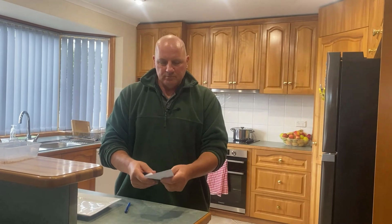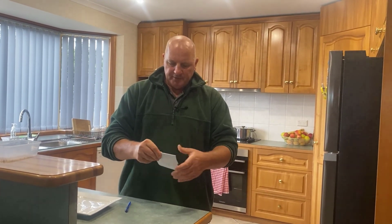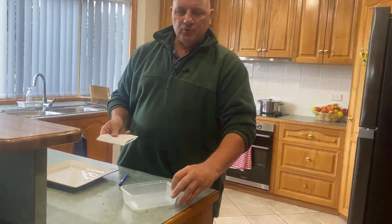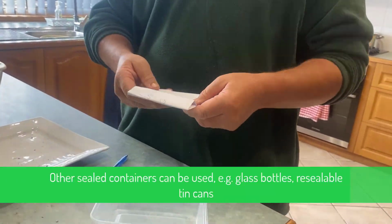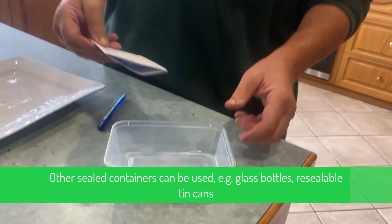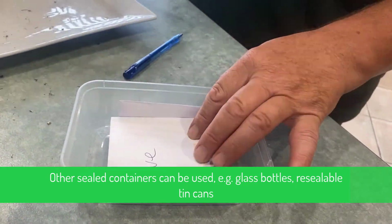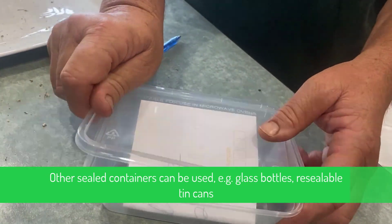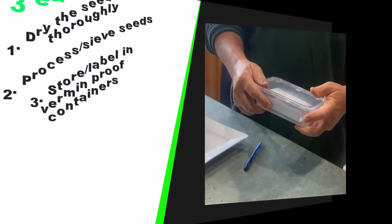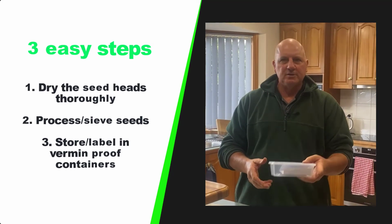We don't have to seal the envelope. You can just put it over the envelope, put that over, and now the next process is very, very important, that it goes into a sealed container, because at the end of the day, you don't want silverfish, you don't want mice, you don't want anything getting into and eating your seed. So just putting into a very, very cheap container with a top on it. There you go. So that's the whole process of saving seed in general, but in particular in this variety, it's how to save